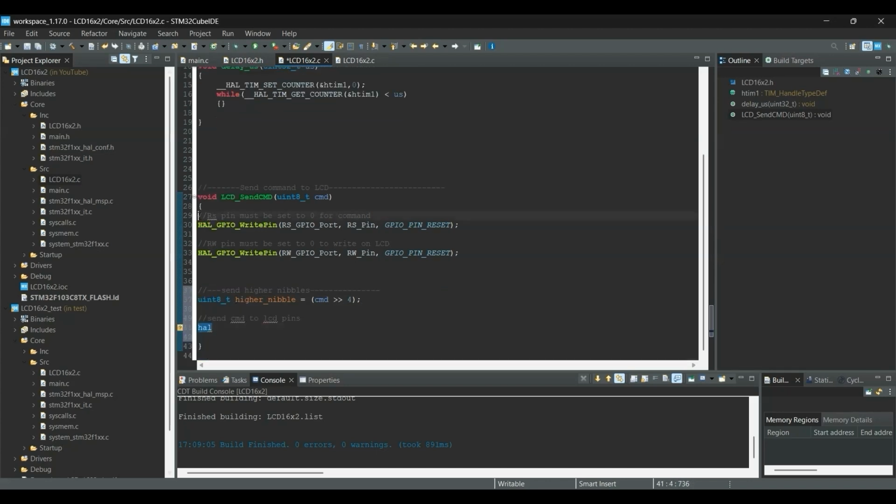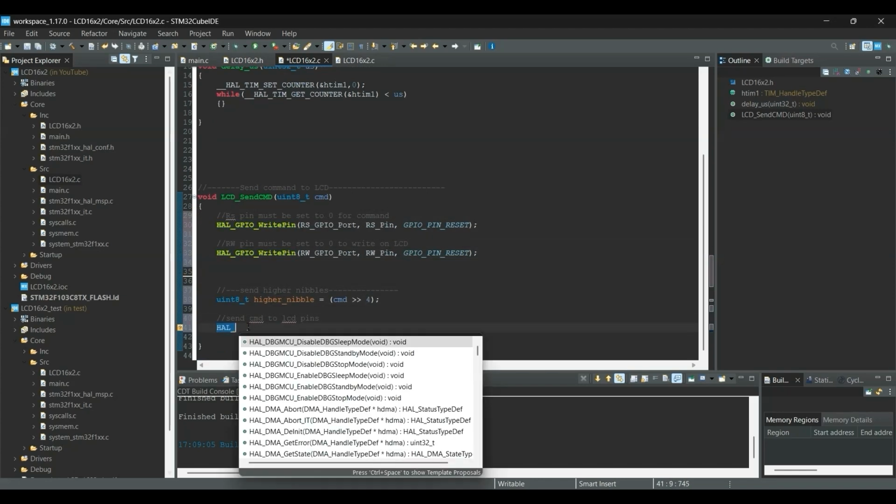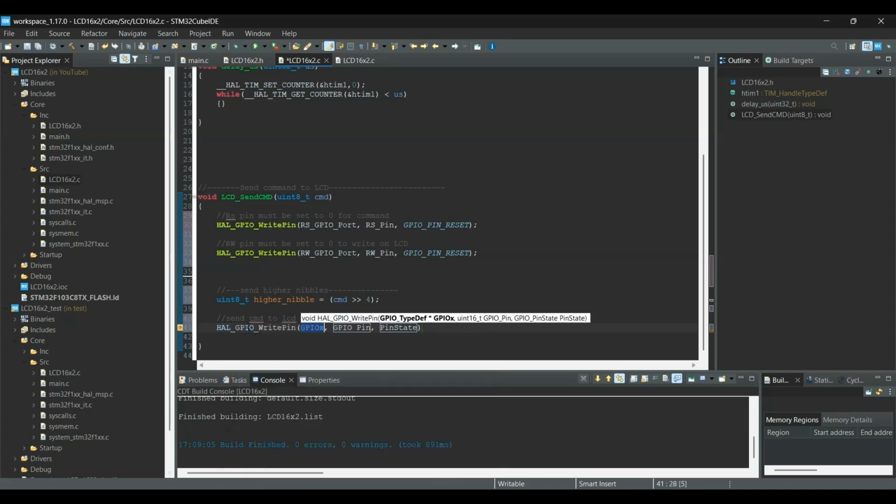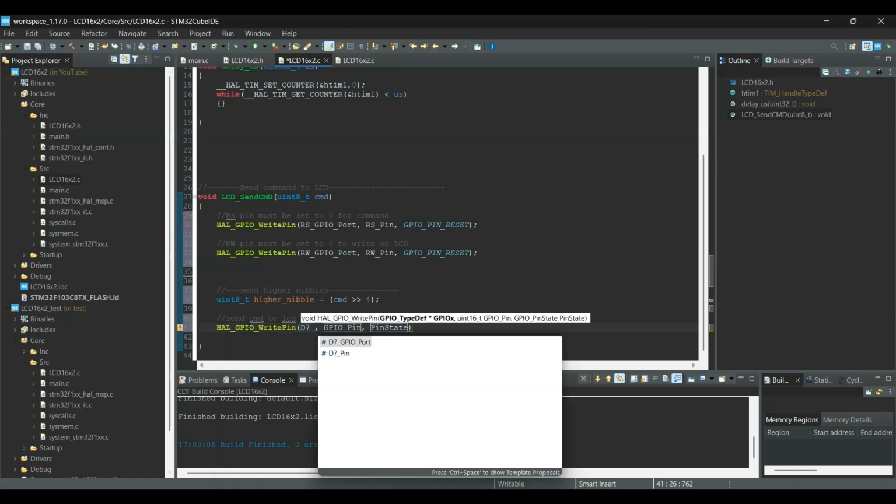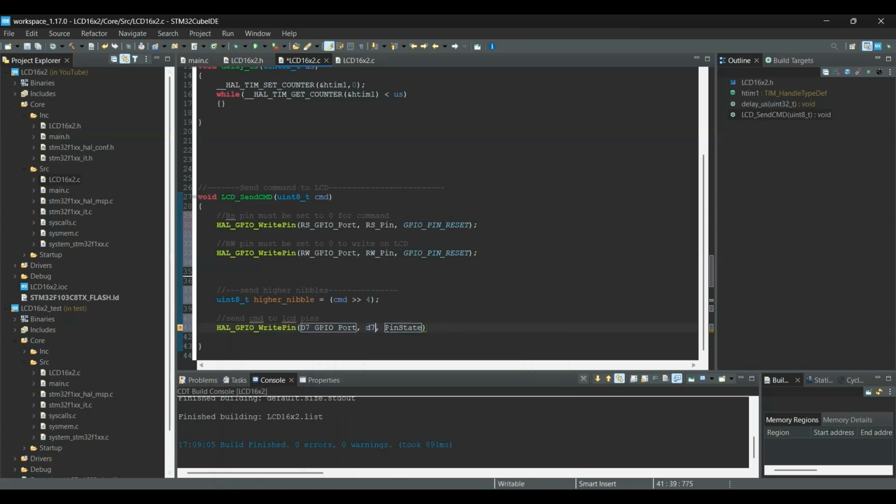To do that, we use a HAL GPIO write pin function as well. Before that, let me sort my writings so they look better. HAL GPIO write pin. First, we send data to D7, then define D7 pin,